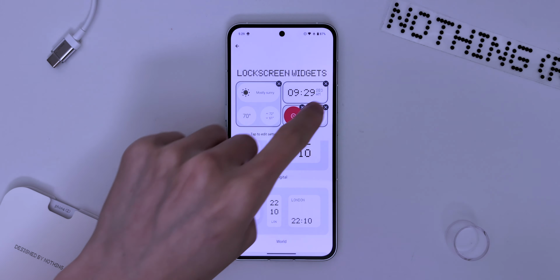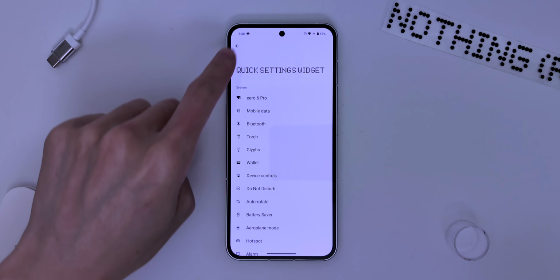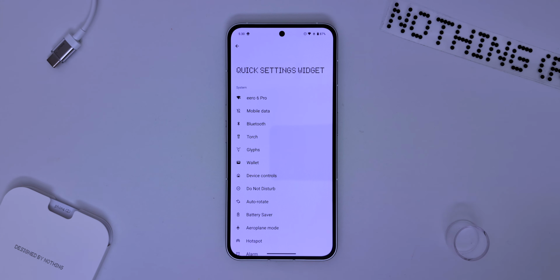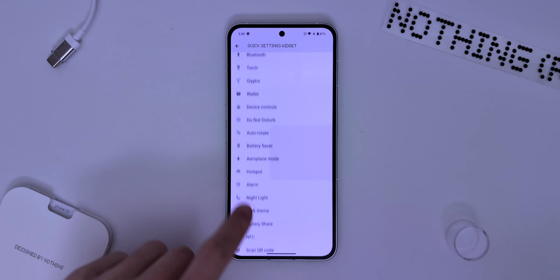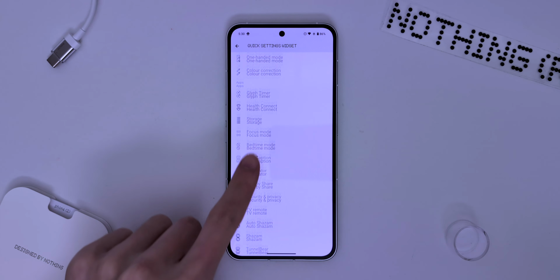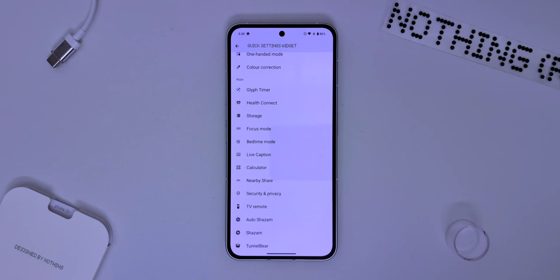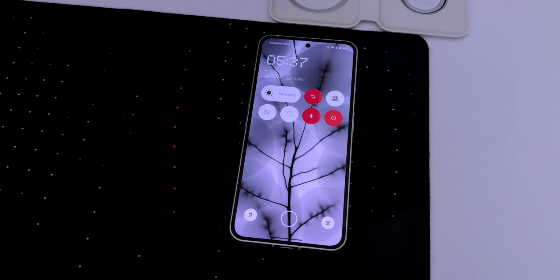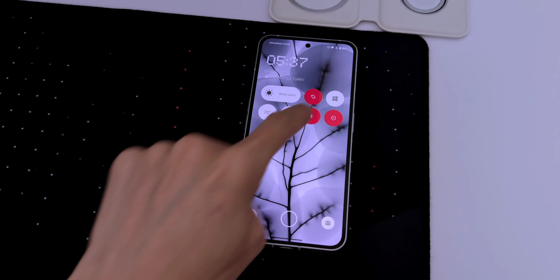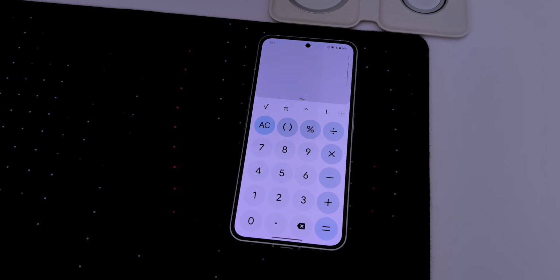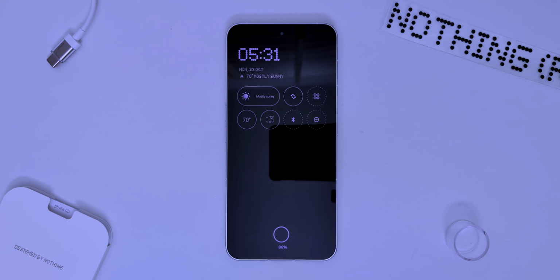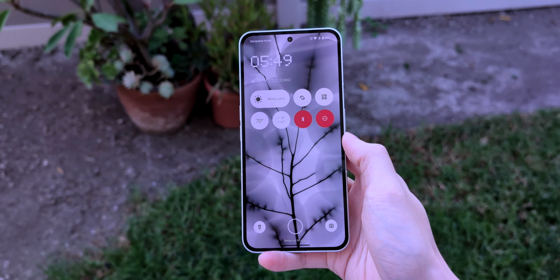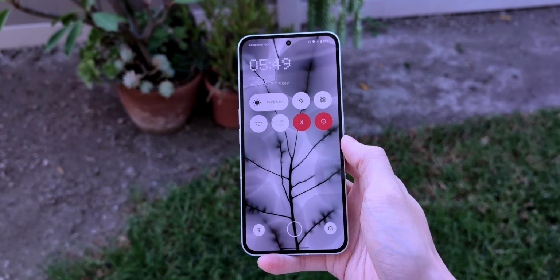Quick settings is the most useful because it gives you easy access to all these system and app settings without opening notifications. So it can have Bluetooth, do not disturb, auto rotate, calculator, and a weather widget. The quick settings are interactive, so you can enable or disable them without unlocking the phone. Some of them also act as a shortcut, so tapping on calculator or weather will take you straight to the app. Widgets will appear on the always on display, but you do need to wake it up to interact with them. Nothing did a great job on the lock screen, and it's one of my favorites by far.